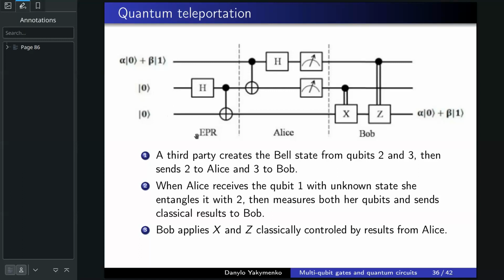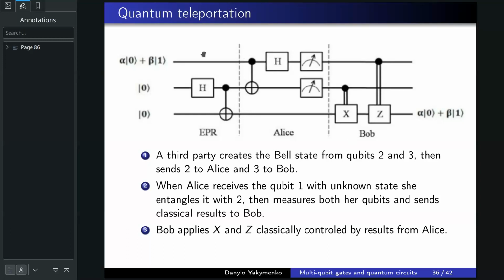And it can be performed by some third party on some third planet. It doesn't matter. And then after we entangled these two qubits, this third party sent the second qubit to the Alice planet, and the third qubit to the Bob planet. So at this point, the second and third qubits are separated in space. Now, this is the first stage. And the second stage,